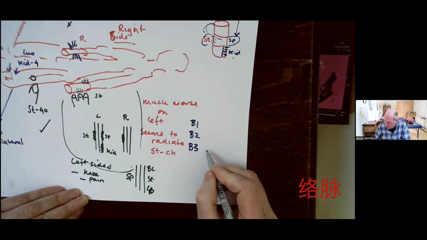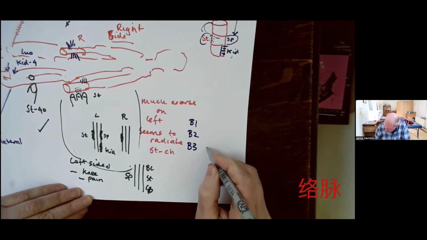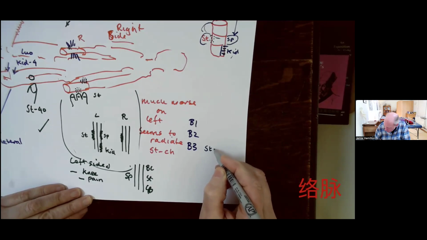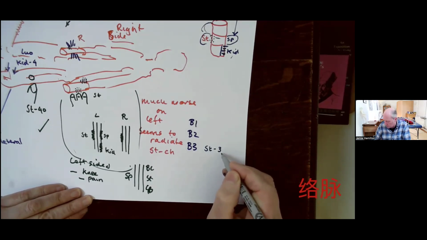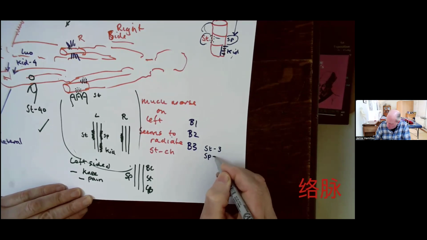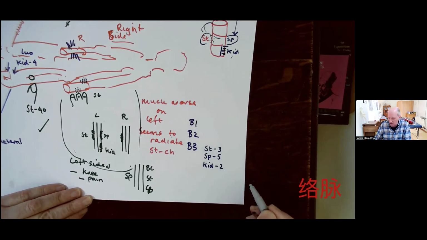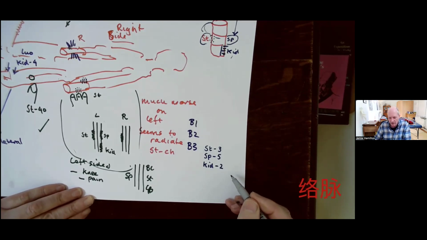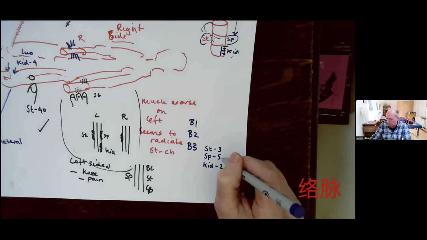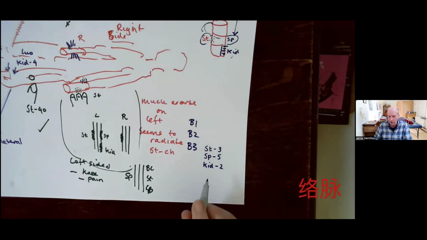But with B3, with a PCOS lady, I have started saying stomach 3. That's 3 out of 5. Spleen 5. And for her, it was like kidney 2. So that for me is my next level of this, putting values to how big it feels, where 5 is the biggest it could be. But I'll be honest, she's the only person I've managed to do this with. So I feel like I'm studying this myself, and I'm finding it really interesting.